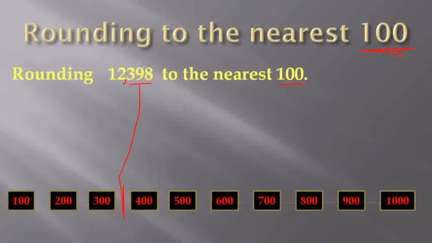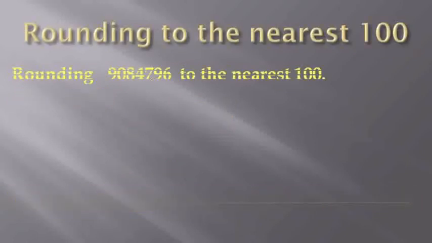Now check the digit written at tens place, which is 9, and you know that 9 is greater than 5. 9 is greater than 5. So we will round up this number. I mean, we will convert this 398 to 400. So our answer will become 12,400. So our answer will be 12,400. Now I am moving towards the next example, that is